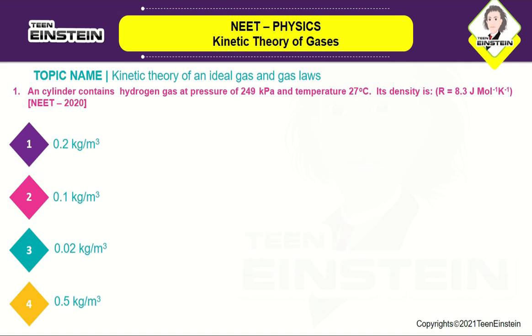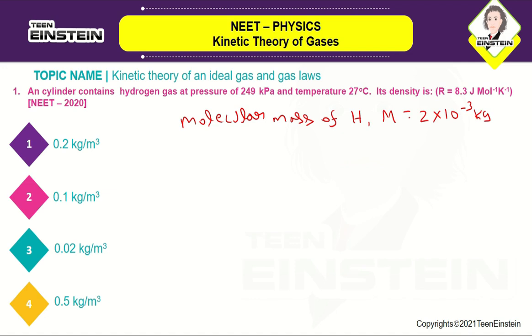They have given the R value as 8.3 joule mole inverse Kelvin inverse. So the molecular mass of hydrogen M is 2 into 10 power minus 3 kilogram,